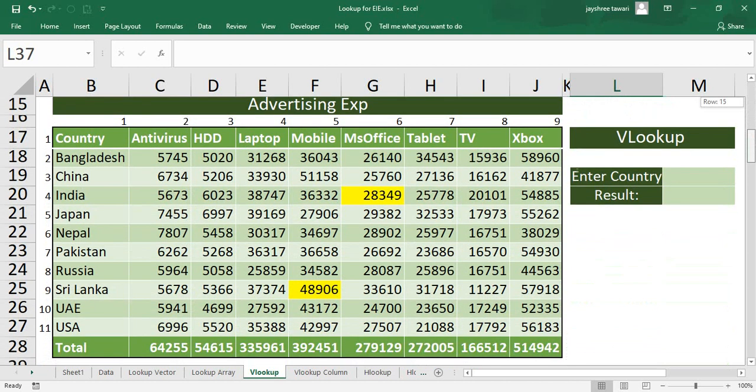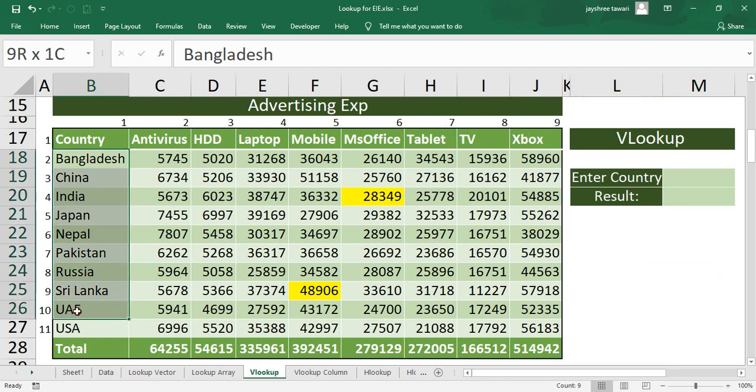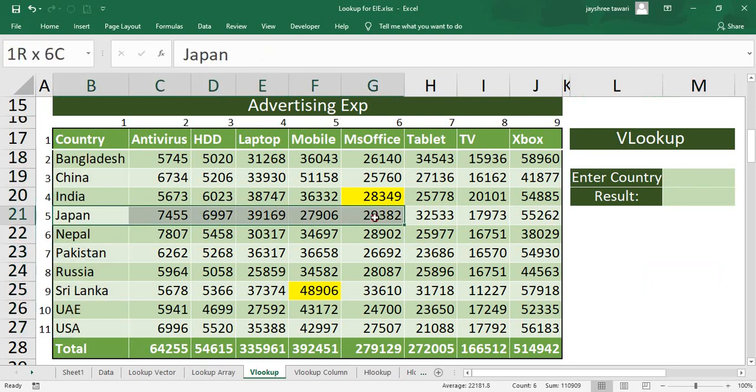So here I am going with the same data on which we have worked previously for lookup. I have a data for advertisement expenses done for different countries and different products, and my target is to find out the particular value. So as the definition was, you can use your VLOOKUP function when your data is arranged vertically, and after finding out the matching value, you want to retrieve a specific record from a particular column.